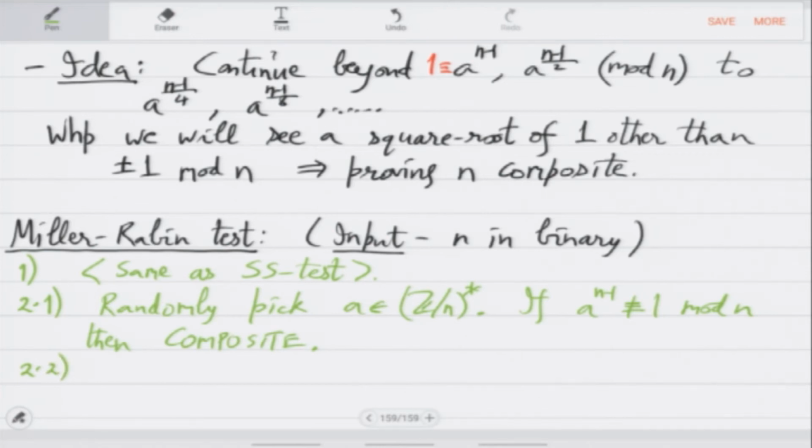So a raised to n minus 1 is 1, and compute k, m such that n minus 1 is 2 raised to k times m, and m is odd. Basically 2 raised to k is the highest power of 2 dividing n minus 1. So compute these quantities, and